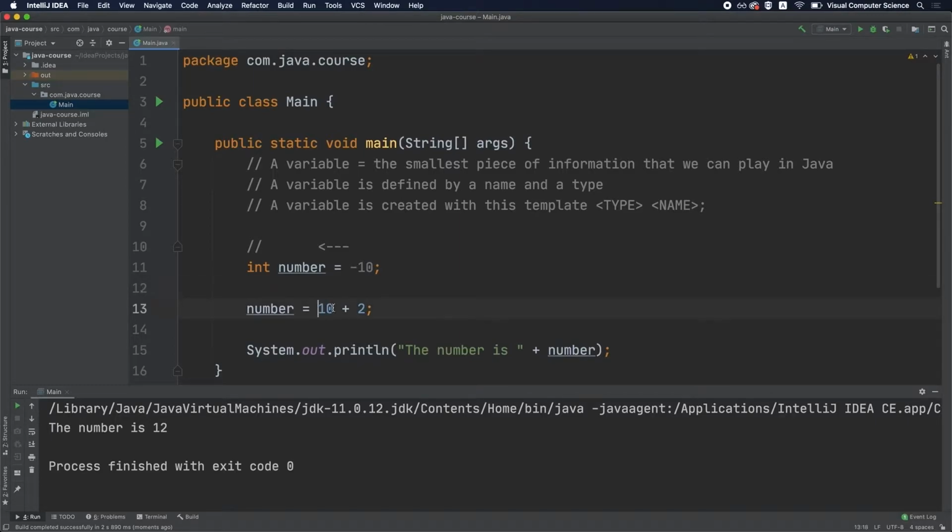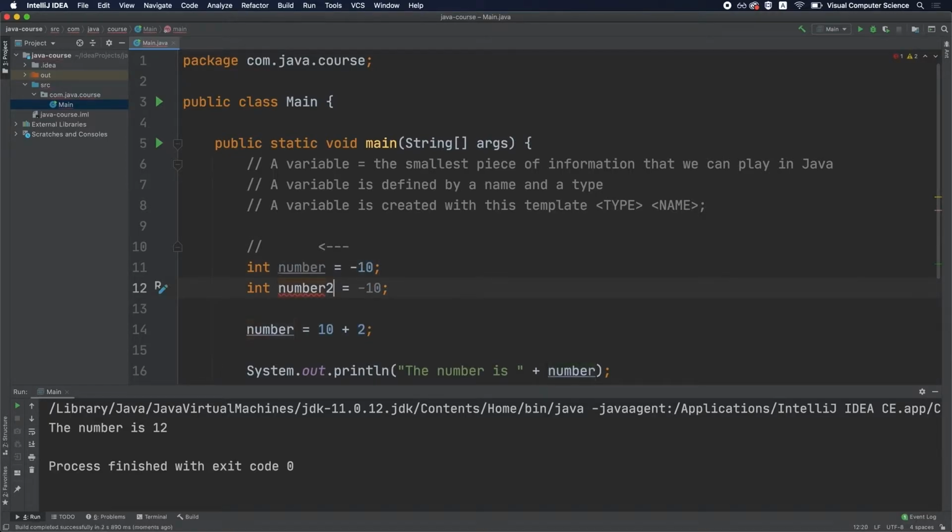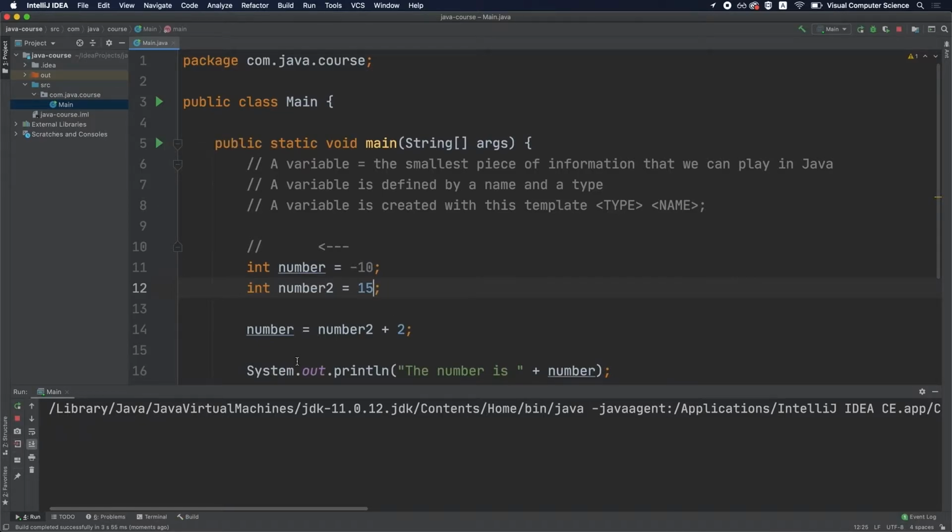Now we can also have this operation based on other variables, right? So for example, if we have another variable, let's say number2, which has the value 15, and instead of 10 on this particular assignment, we're using the value of the new variable that we just created. As you would expect, when this assignment is done, instead of number2, we're going to have the value 15. So the final value of the number variable will be 17. So this is the way we can play with other variables in mathematical operations. So as we expect, the